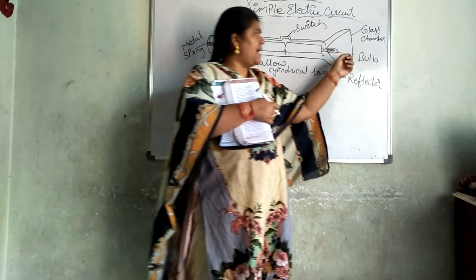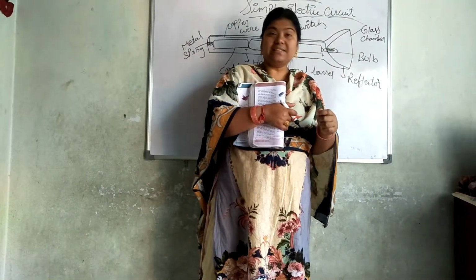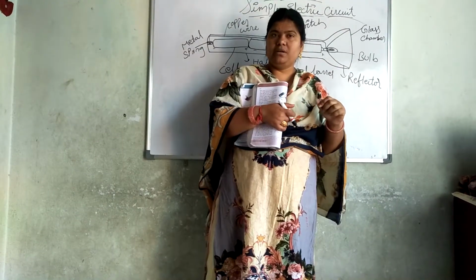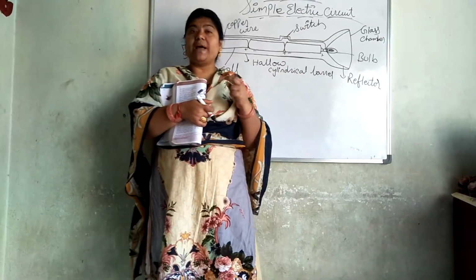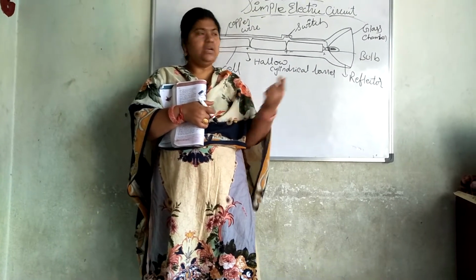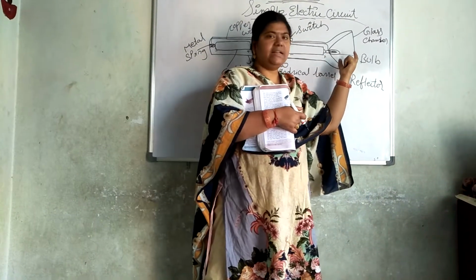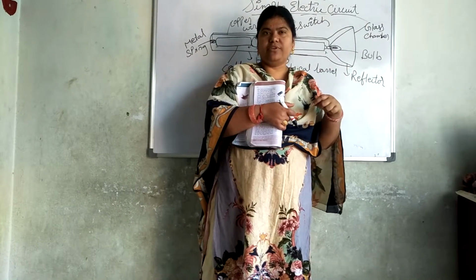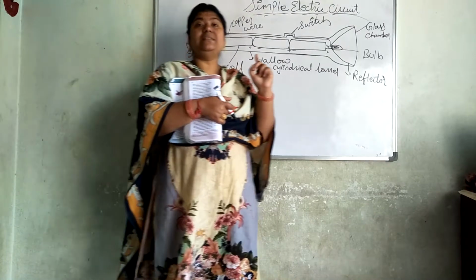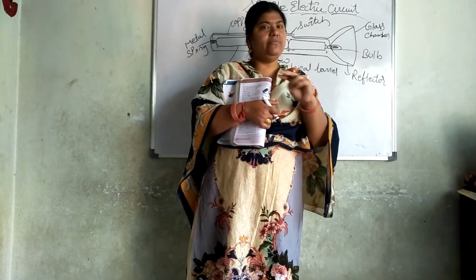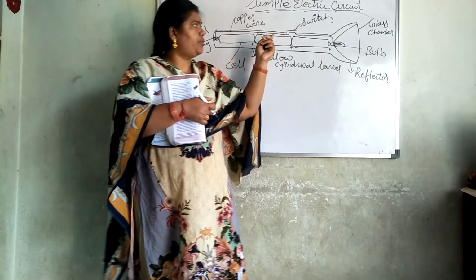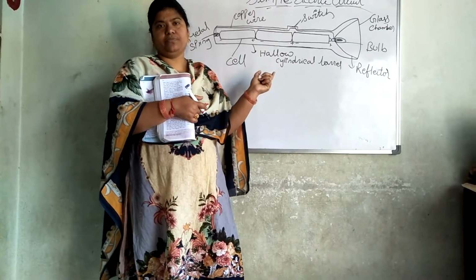Here this glass chamber and this reflector act as a concave mirror. The bulb is very small, but the brightness given by the glass chamber will be more. Got the point? In this way we can say that the glass chamber acts as a concave mirror and the bulb will glow. If you do not insert the cells properly, the bulb will not glow. If the switch is also not in the proper position, then also it will not glow.